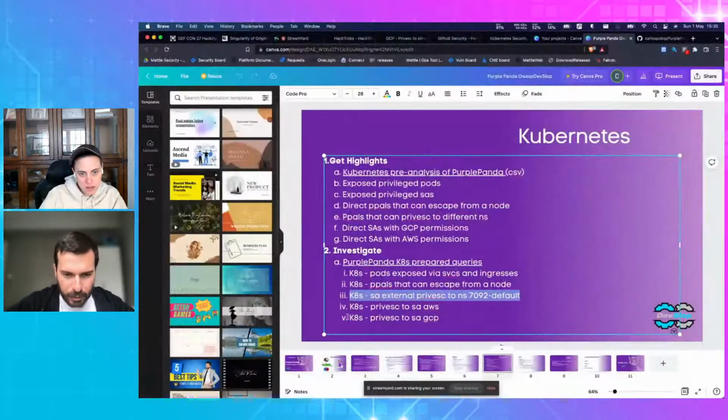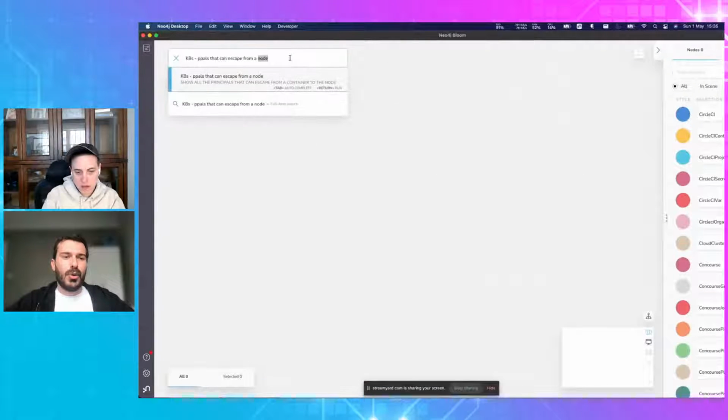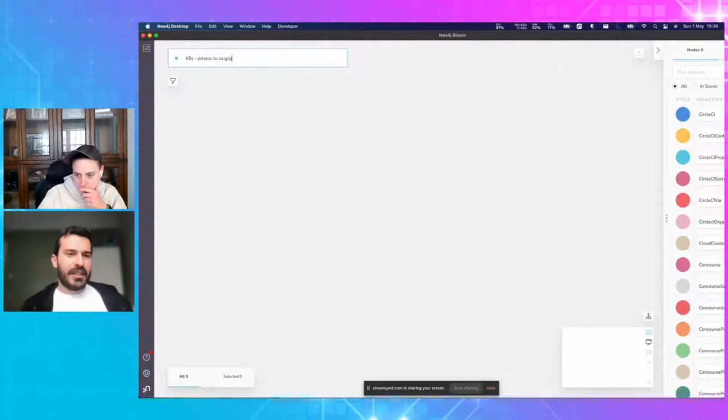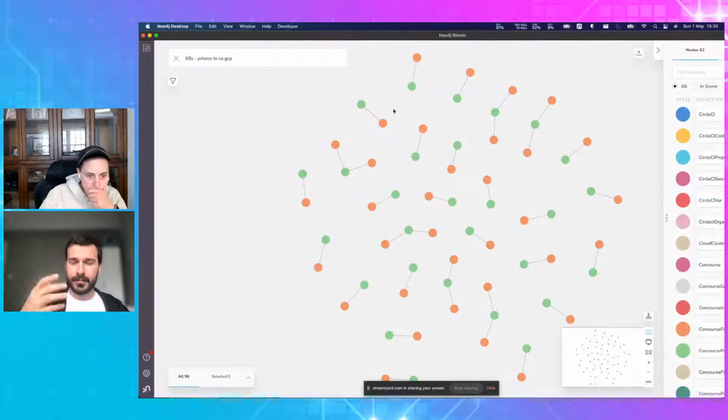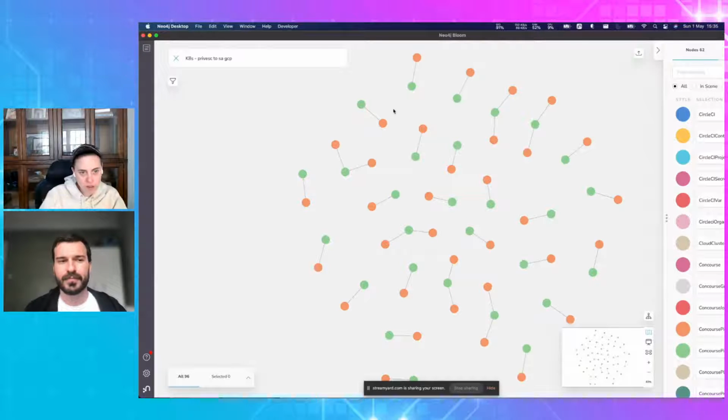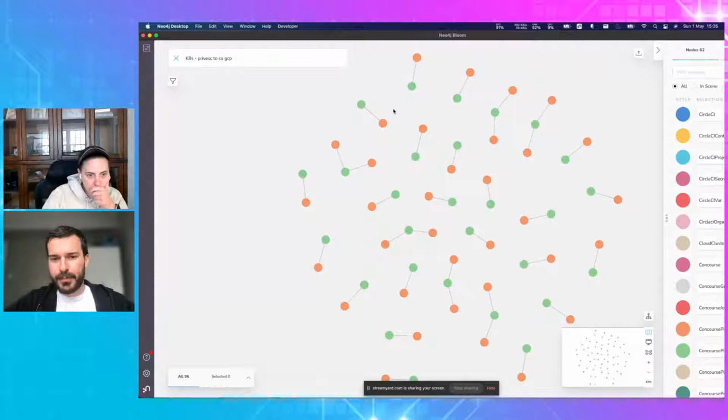Yeah, another query. Let's get one more interesting. So you compromise somehow, you enumerate this Kubernetes environment, and now you're interested in, okay, let's say that I have already compromised all the Kubernetes, I have exploited everything, but I want to go further. I want to escape from Kubernetes. I want to try to do something else. So here we have a query that will give us the information about all the service accounts in GCP that we can exploit,